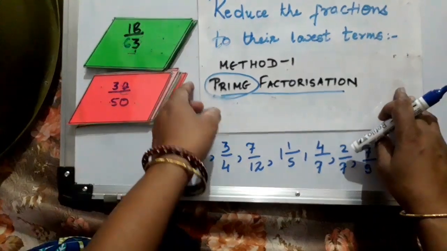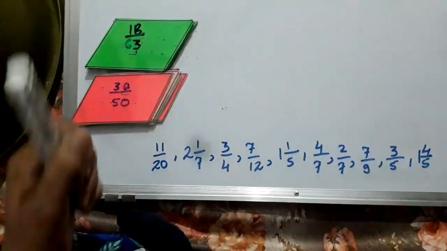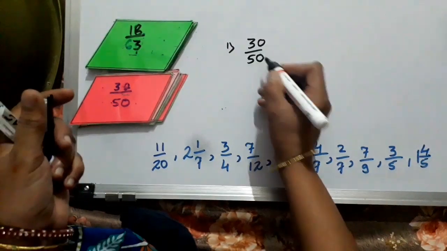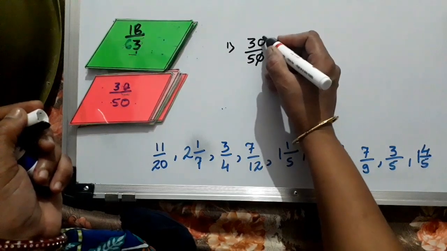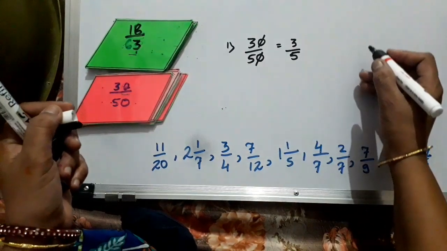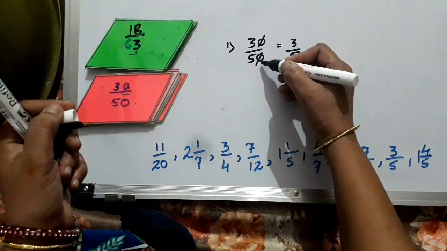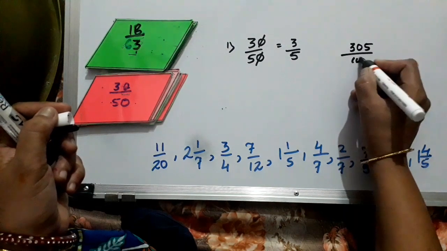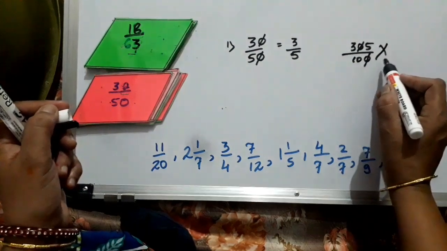Let's start our activity. Now first question here, we have it as 30 upon 50. Now here, as the ones place is 0 and 0, you can cancel it off. So answer is 3 by 5. Remember that always whenever the ones place is 0, you can cancel it. You cannot cancel the number when it is given like this. So 0 0 will go away. It's wrong. You don't have to do like this.